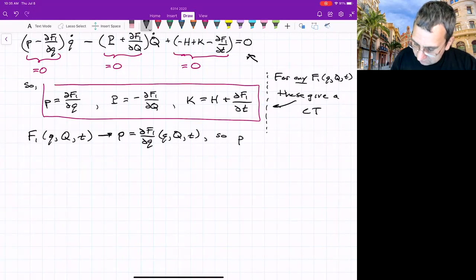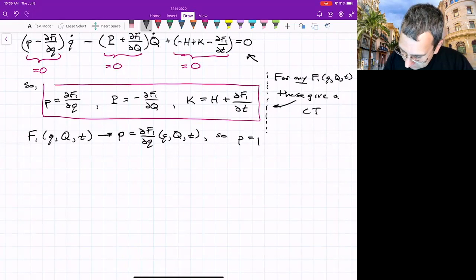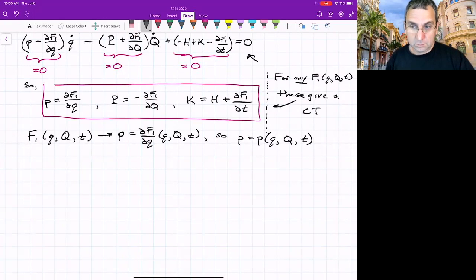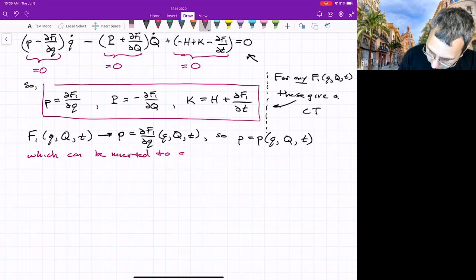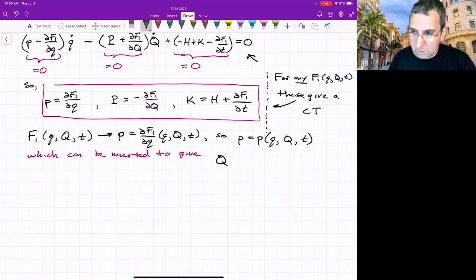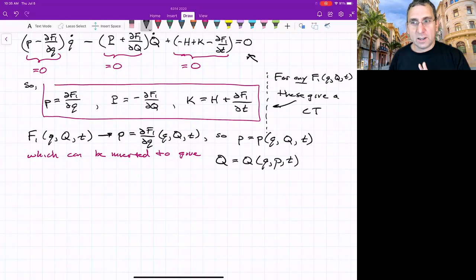So that means little p is a function of little q, big Q, and time, which you can then invert to give big Q equals big Q as a function of little q, little p, and time. So it's kind of weird the way that we're defining things in terms of other things, but the whole system holds together. And so similarly for big P,